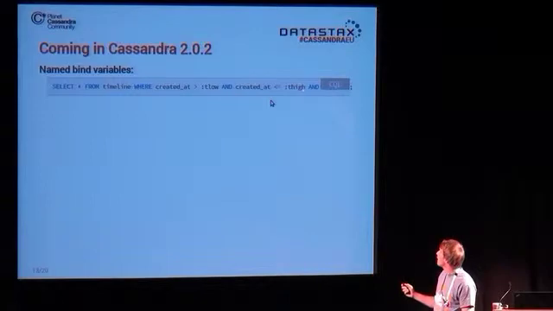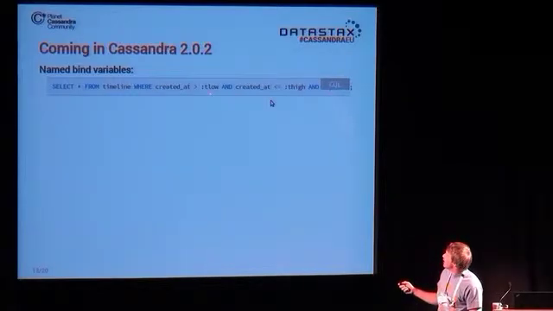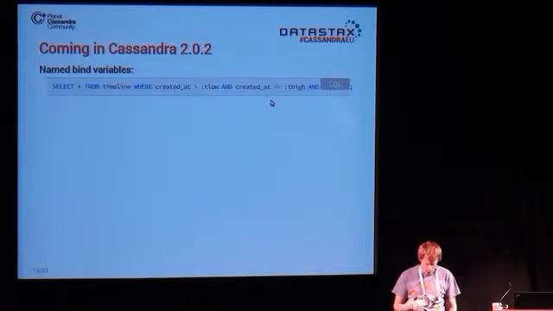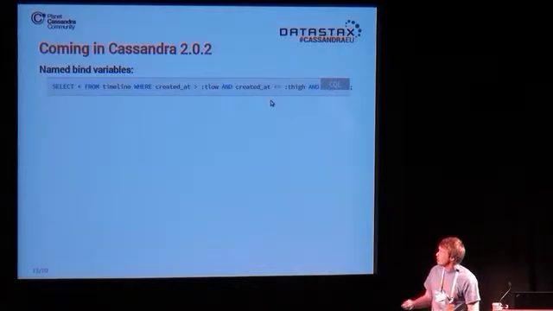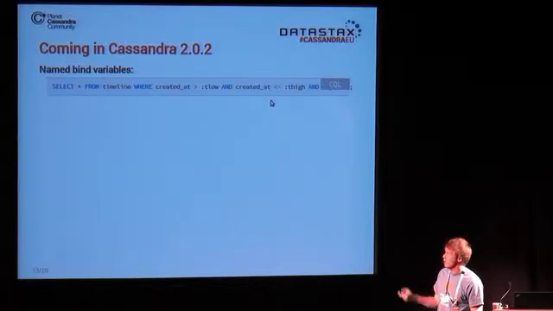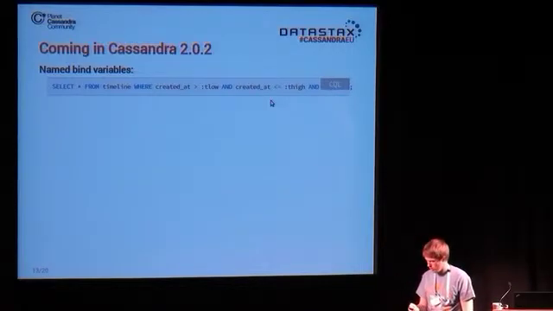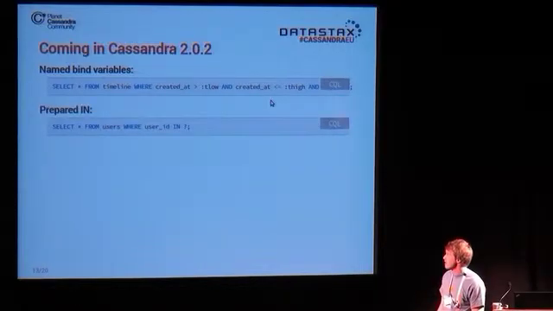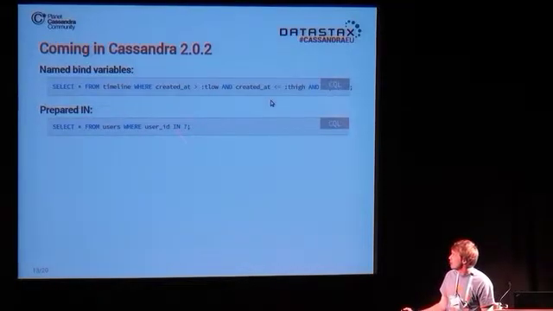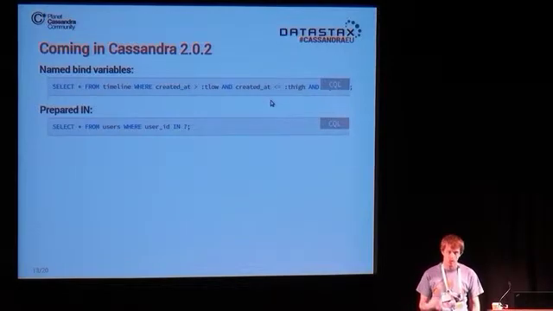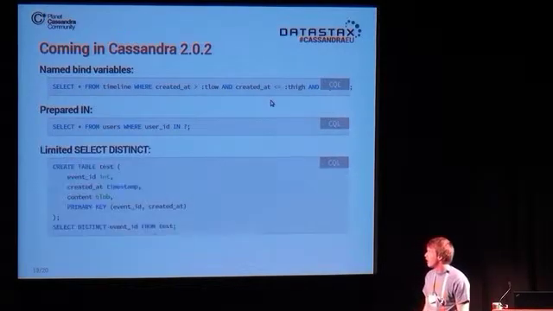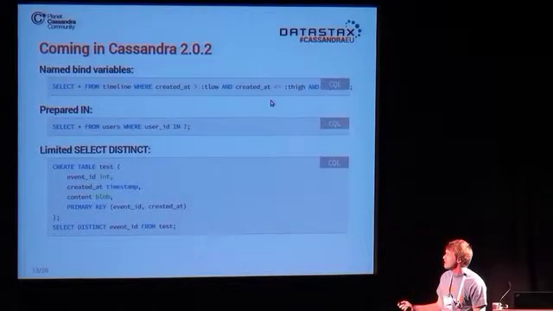So here, tilo and ti, and k, there's a k there. Anyway, tilo and ti here are 2 named bind variables. So you use a colon and the name. And the reason you want to do that is because in your driver you can use those names to actually bind values to the variables. So it's a convenience. The other one is the ability to put a prepared statement with the IN. That wasn't possible before, so it's fixed in 2.0.2. And the last one is the limited select distinct